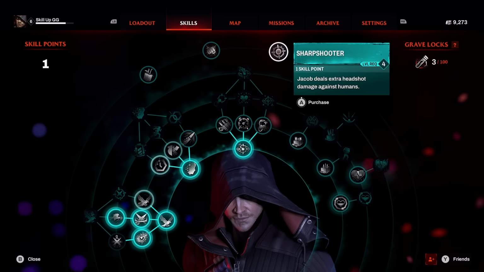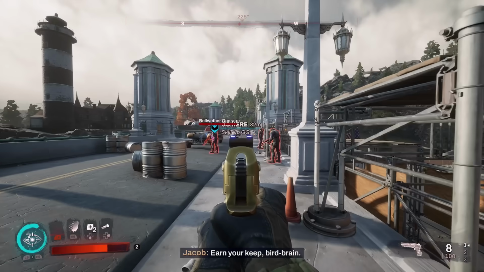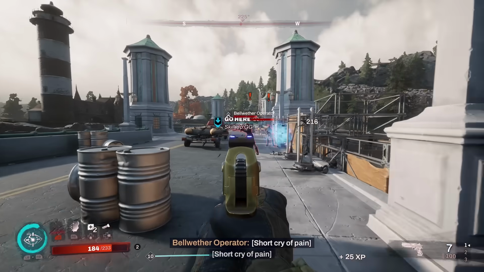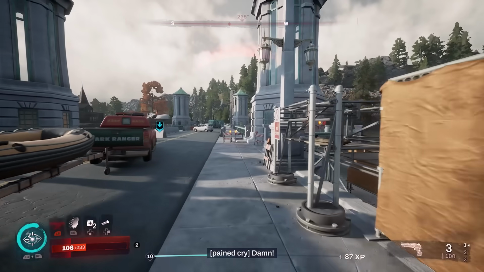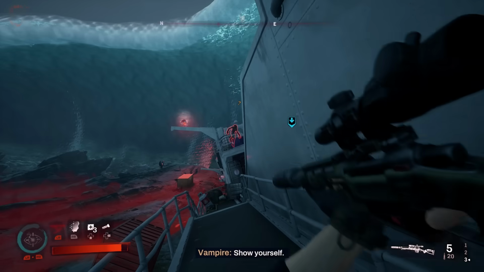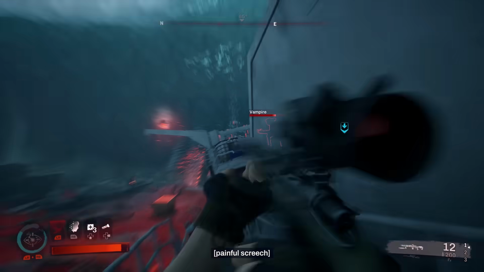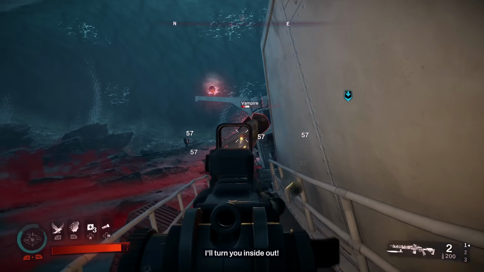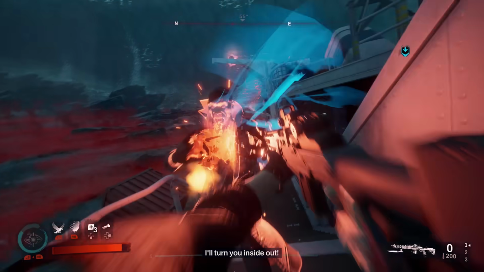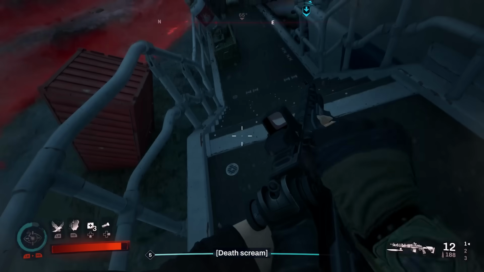There is a talent that increases the amount of headshot damage that I do against humans. Typically, when I hit a human in the head, they die in 1 hit anyway. Maybe 2 if it's like a handgun or an assault rifle shot. However, I don't do much bonus damage to vampires when I shoot them in the head. So I could see this skill node making a lot of sense if it was for vampires, but it's totally useless as it is. And of course, there's 2 of these nodes, one for myself and another that increases headshot